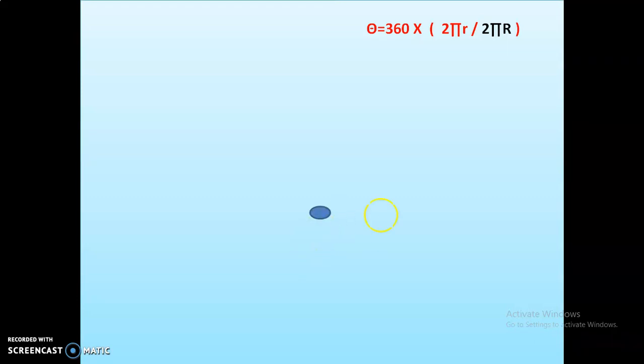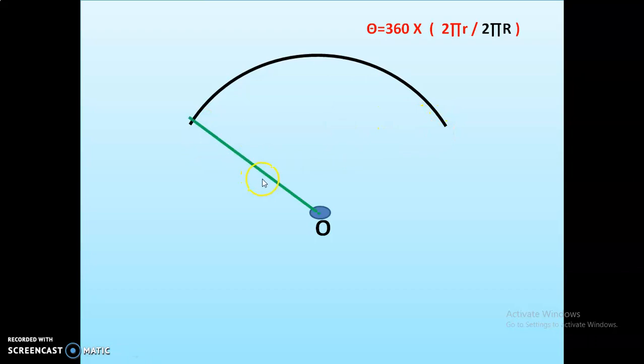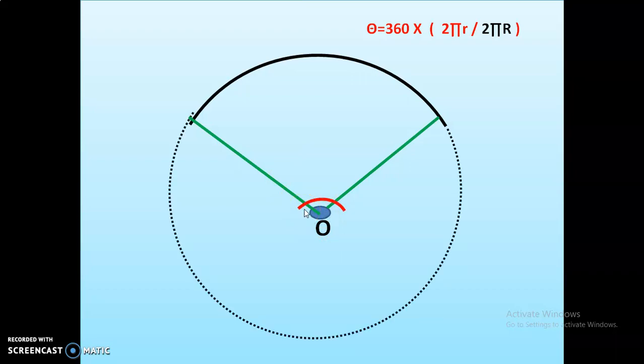First we should take a point O, the center point for the base circle. With this center, draw some part of the base circle, an arc. This is one end of the arc and this is the other end. These two end points we join with the center of the base circle. If we draw a full circle, it will look like this. So this is the base circle.